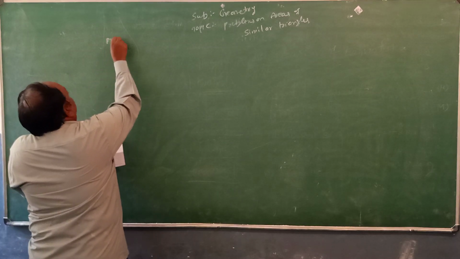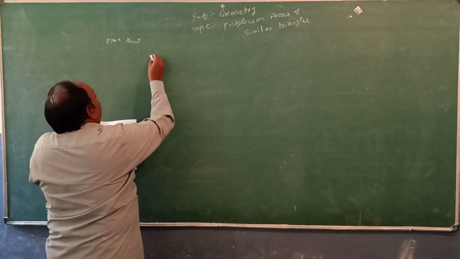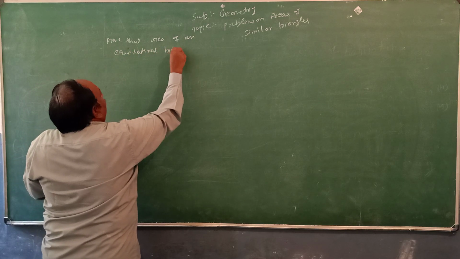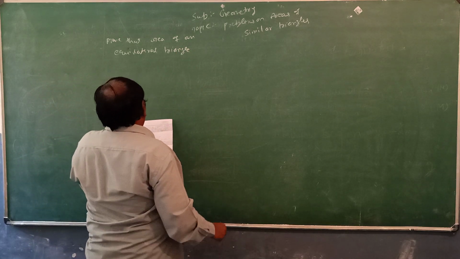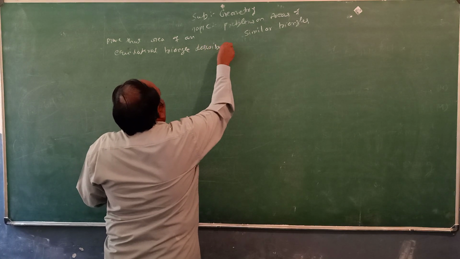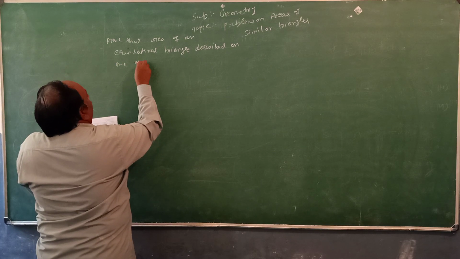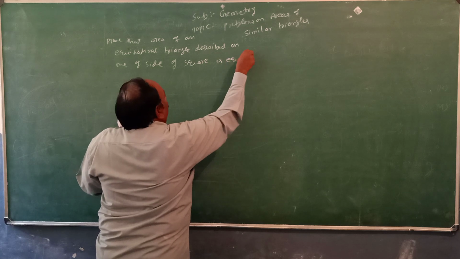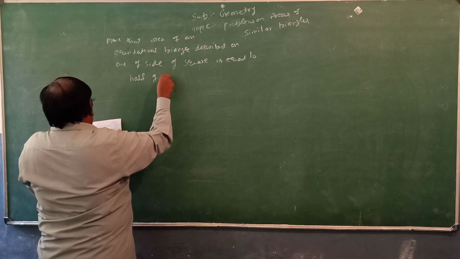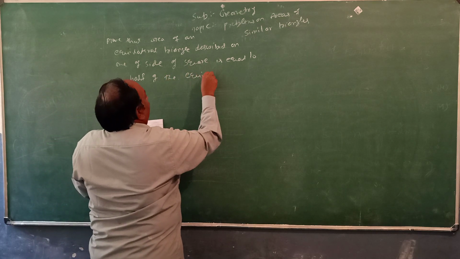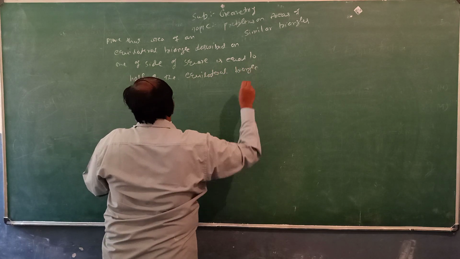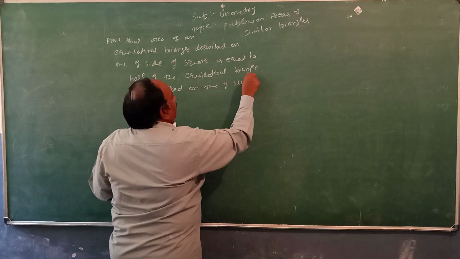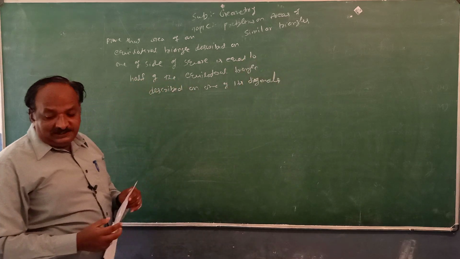Prove that the area of an equilateral triangle described on one of the sides of a square is equal to half of the area of the equilateral triangle described on one of its diagonals. Well, students, this problem is